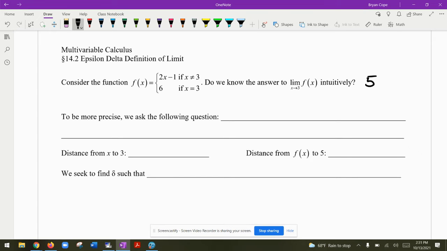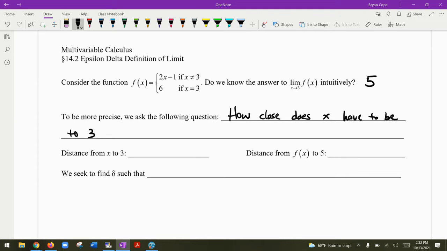But to be more precise, and which was what he's talking about in the video, right? To give a better definition of this word approaches, we're going to ask this question. How close does x have to be to 3 so that f of x differs by